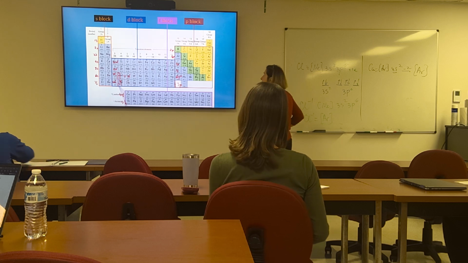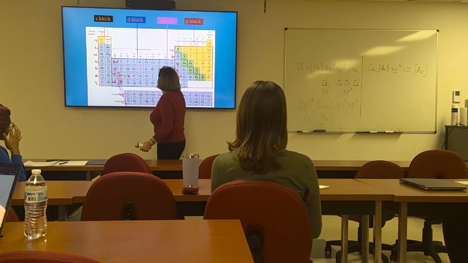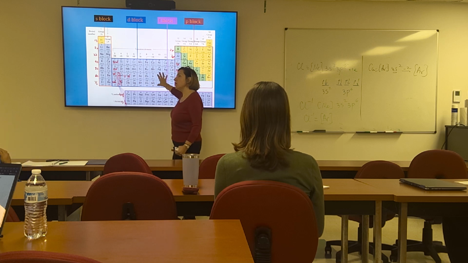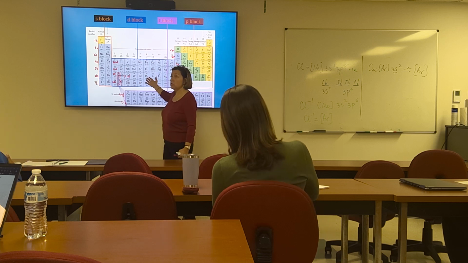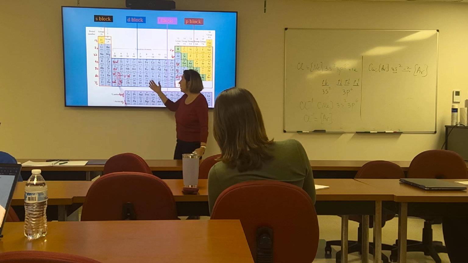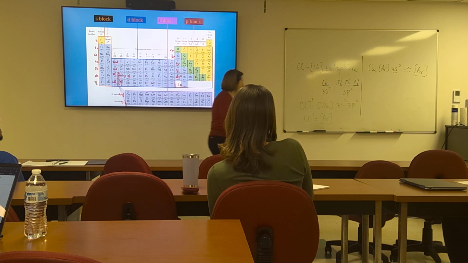Okay? Now let's see what happens if I have these guys in the middle. These transition elements in the middle, they're metals, so they're going to lose electrons, make cations. Remember, we talked about that in chapter 2. So let's look at how this is going to happen. If I want to see